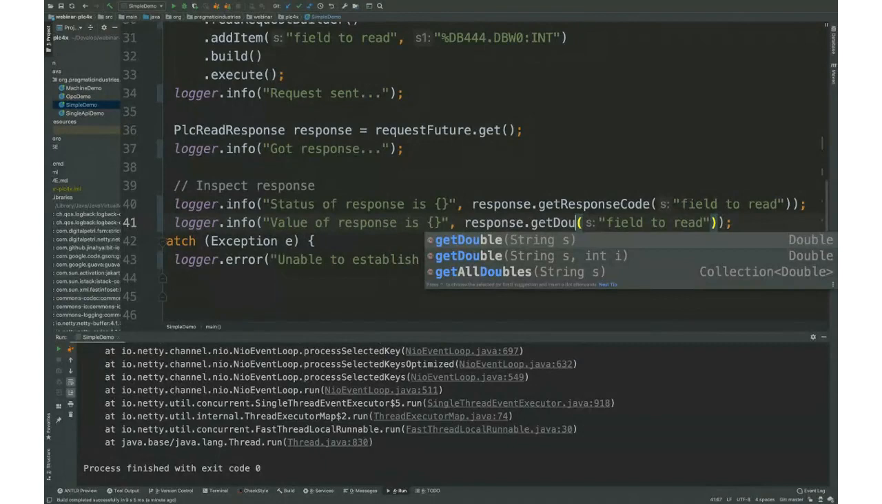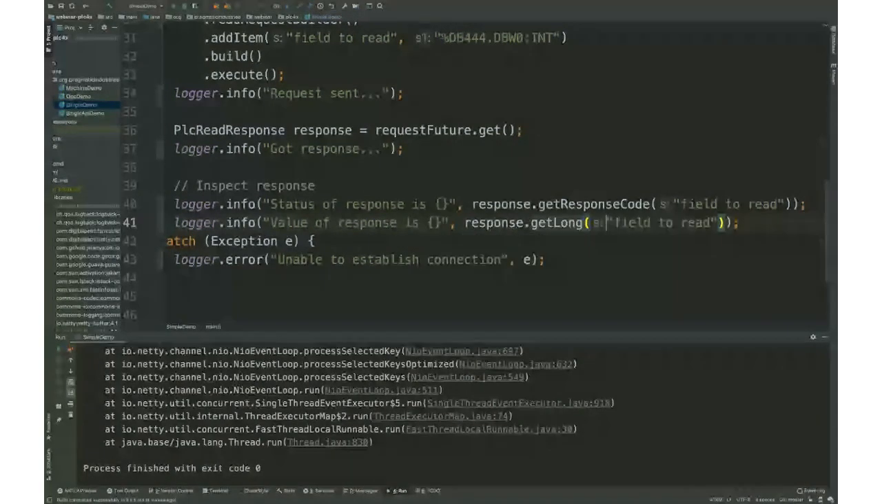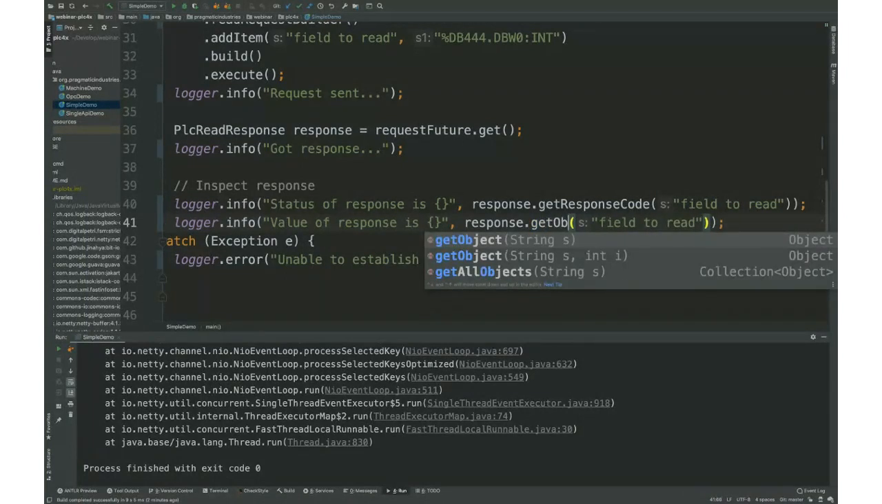And what I can always do is to say get object. Then I will get the value in the Java type we by default assign to int, which is an integer in this case, or a short. I think, I'm not sure. Could be a short. Yeah. So let's stick to get integer,